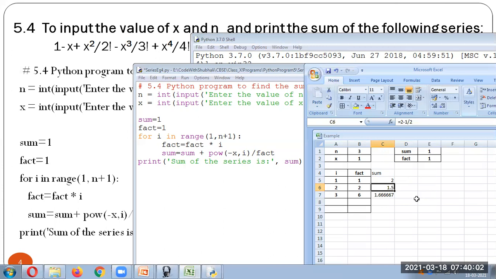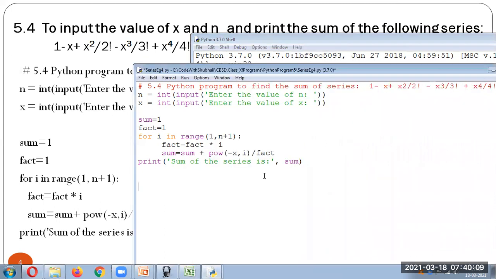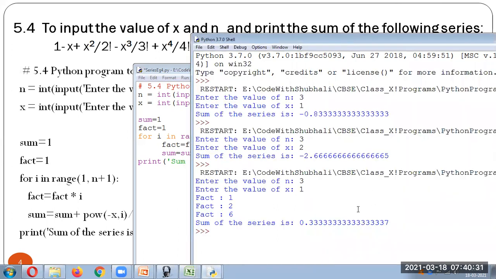Okay, this way it will come. So it is correct only. Small bit is there. Instead of writing it like this, we'll write it like this. So here this will be what? First time it will be sum plus whatever the number. Okay, so accordingly it will work. This is correct only. We'll be getting the correct output. Okay, so I guess it is clear.